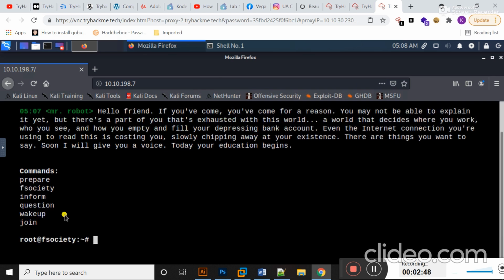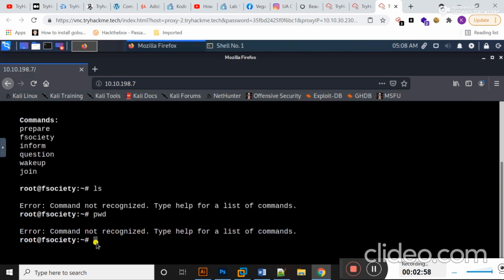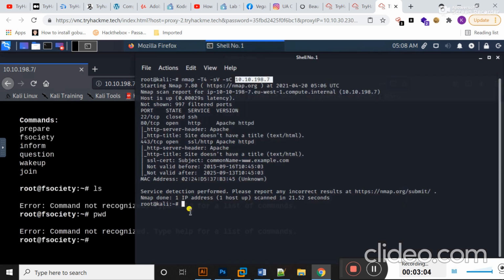Some commands are present here. I have access to this terminal window. If I type ls or pwd, it doesn't work.